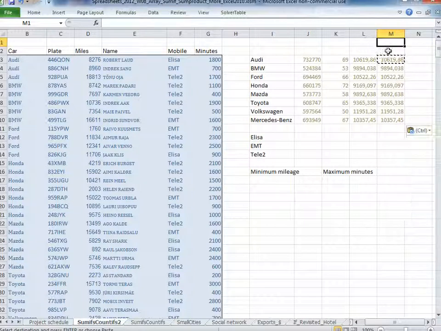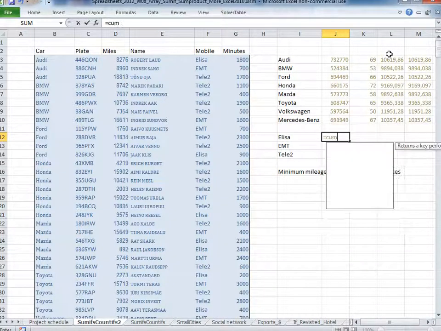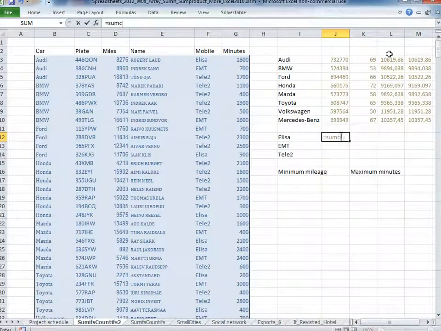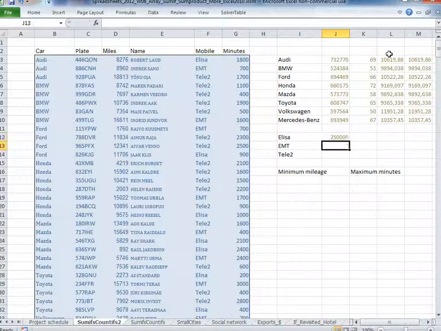Now, let's make the same exercise considering the mobile phone or cellular phone companies. First of all, we want to know how many minutes were spoken with Elisa by Elisa clients. So we'll write equals SUMIFS. We're summing together minutes, so it's mobile phone minutes. We're summing them together if mobile, semicolon, is Elisa, and we get